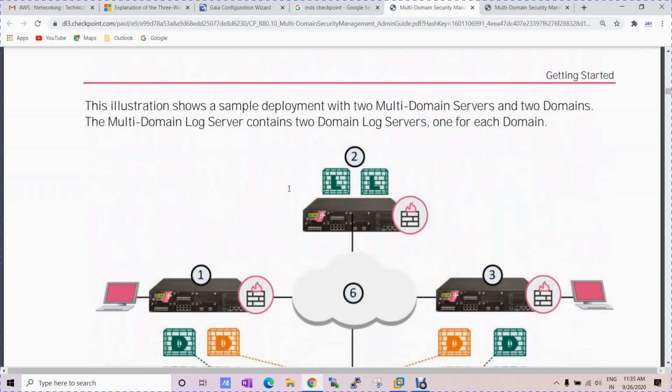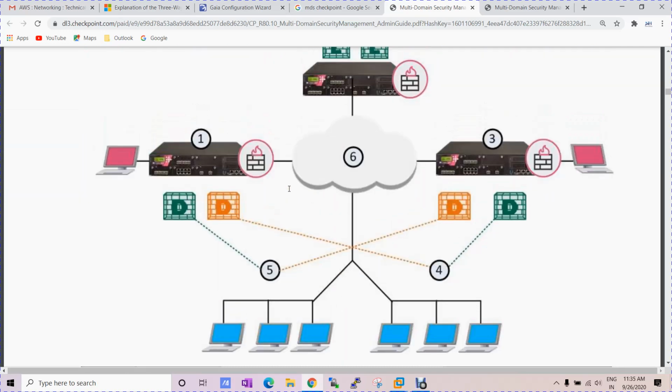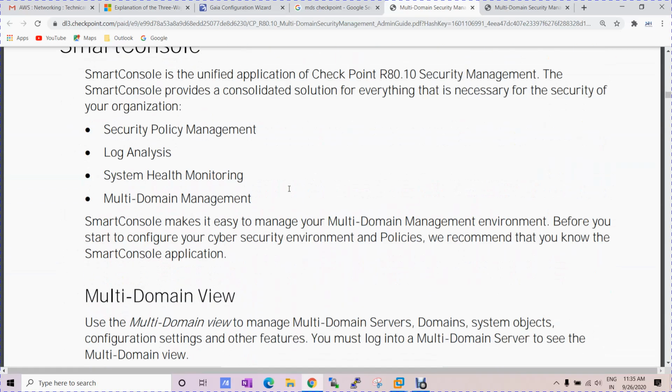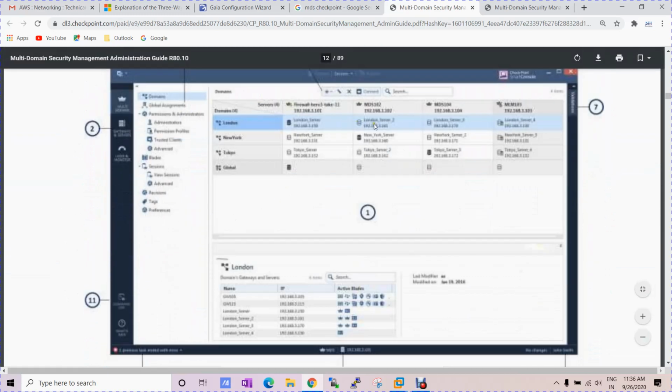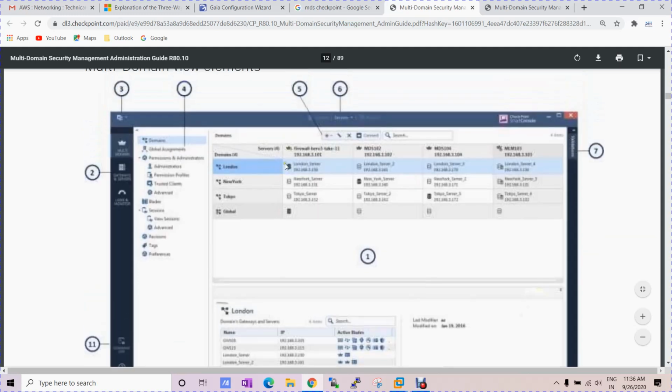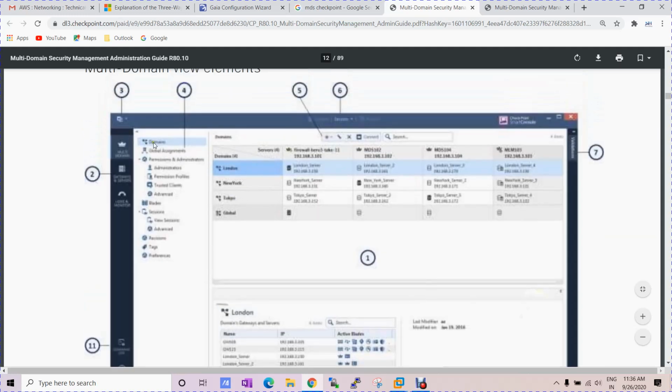So let me show you. Okay, so this is the image of the MDS. You can see here it's blurred, but we can see here. When you install or configure the MDS, on the first gateway option you can see multiple domains are there. As I showed in the above picture, you can create multiple domains here and manage all domains from here also.